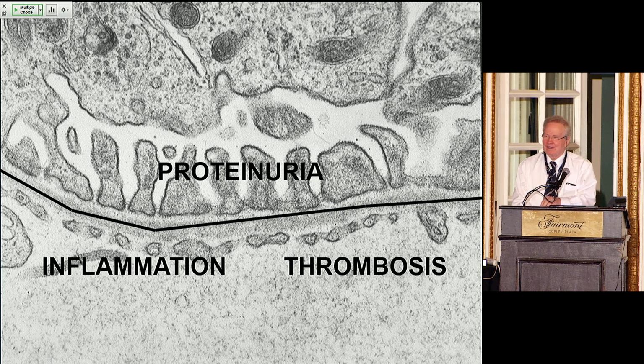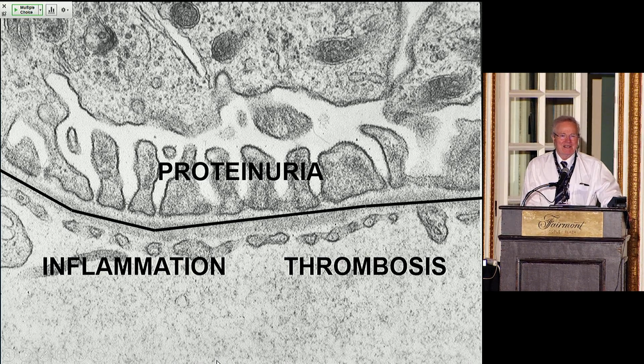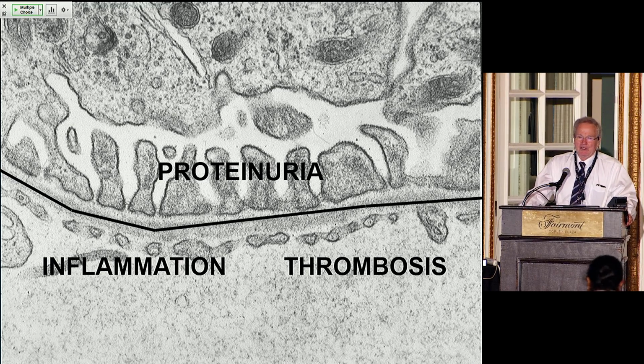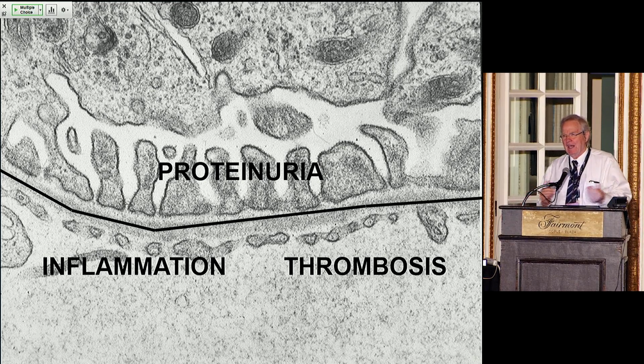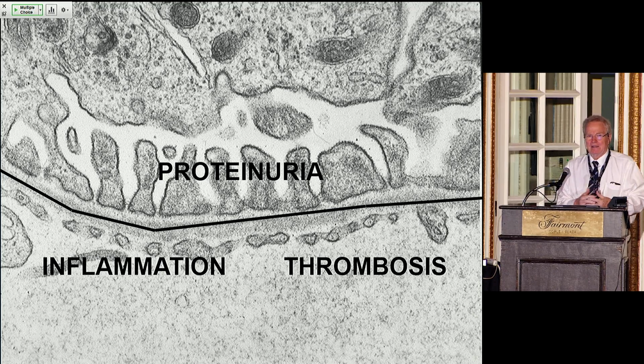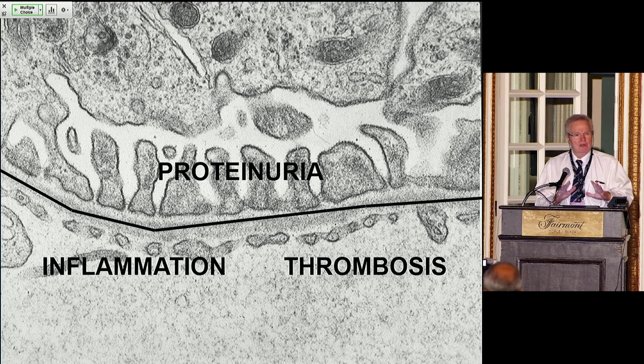Okay, as promised, we will move to the other side of the fence, being the basement membrane, and diseases that are characterized by an active sediment, hematuria predominantly, obviously with some level of proteinuria, will be presenting morphologically with inflammation and/or thrombosis. And as I mentioned to you, these two pathologic phenomena often take place simultaneously. And when you have a lot of inflammation, you can be sure that there will be some aspect of thrombosis also in those